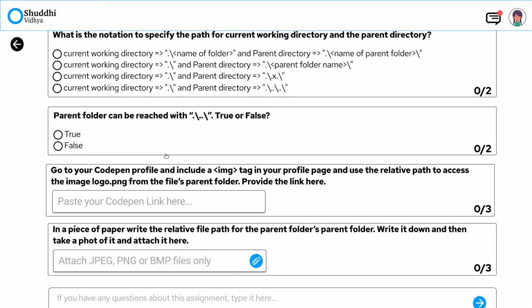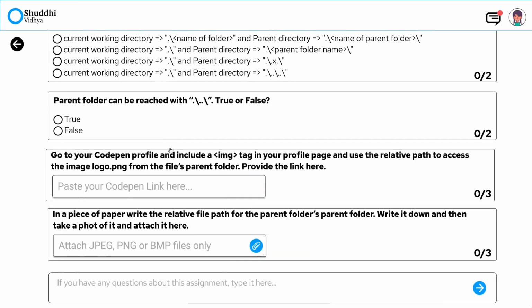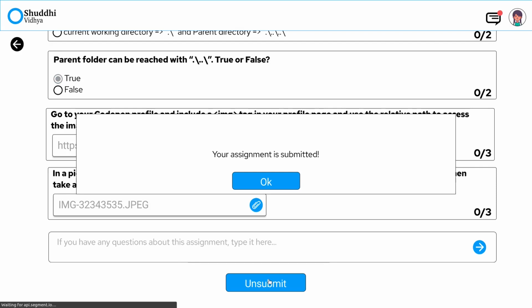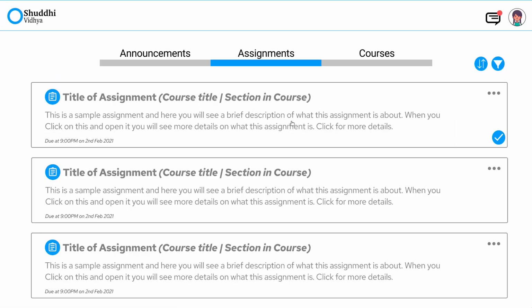Now, if you want to submit this assignment, you have to respond to all of these questions. And let's say you do that and then submit. It'll show you this confirmation, and you can click OK, and it'll go to the assignment section showing you this blue tick mark, which indicates that your assignment has been submitted. Now, after it's been graded, you get a double tick mark indicating that it's been graded. So your work with this assignment is complete. Now you can move to the other ones that are yet to be completed.